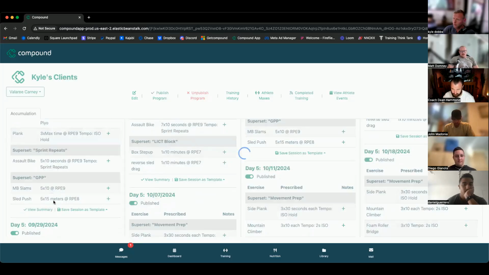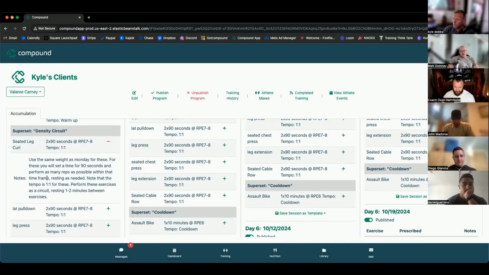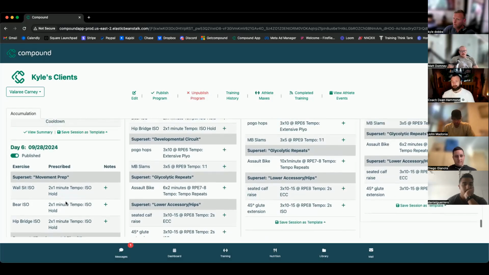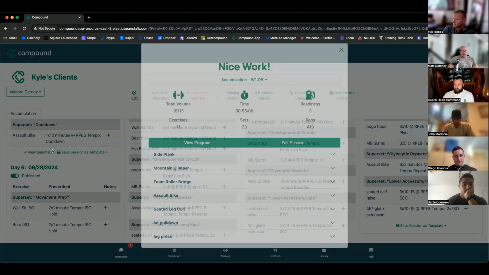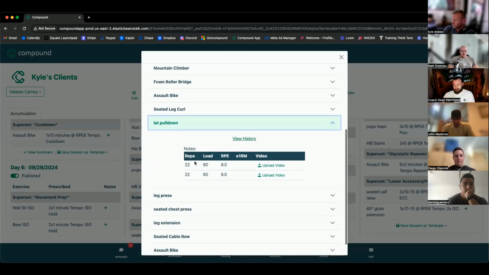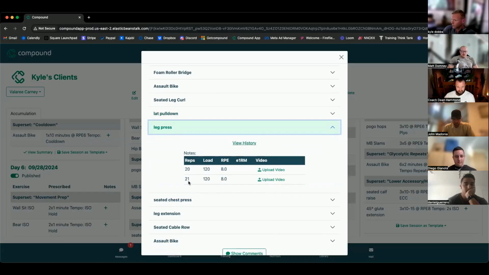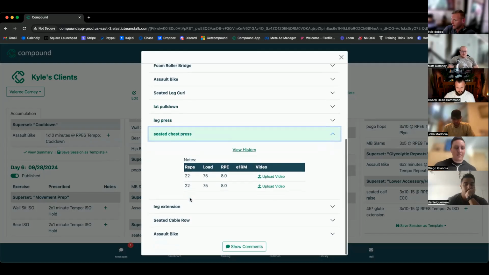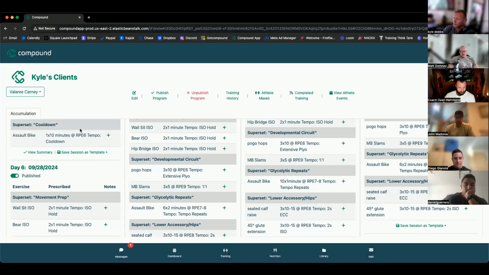Oh, hold on. That was the wrong day. Ended up with 44 total reps, 42 total reps. So again, now we're just maintaining, kind of working through that rep load. So we look at,